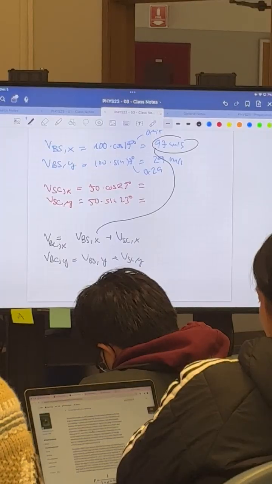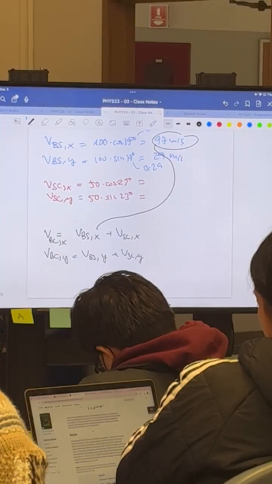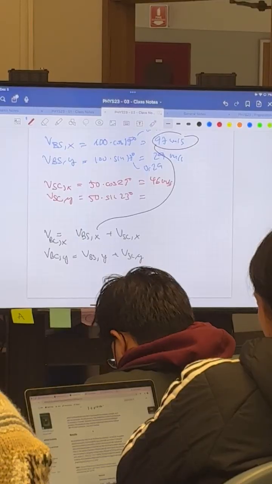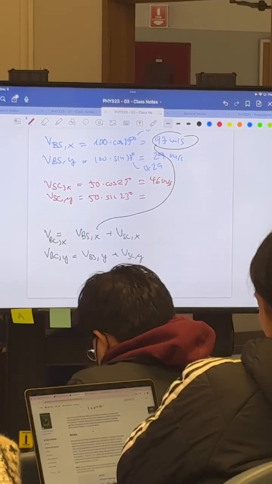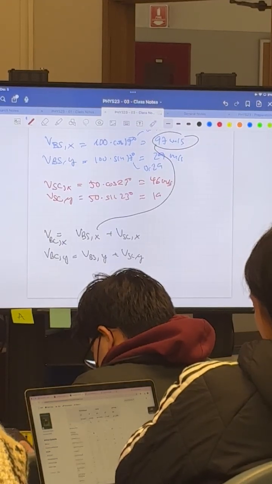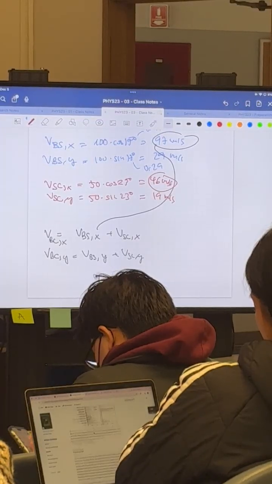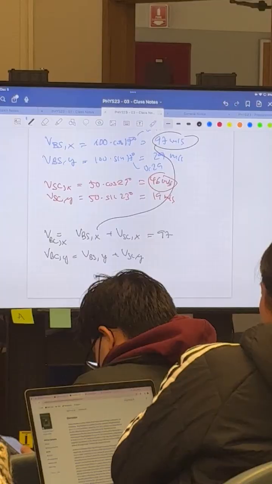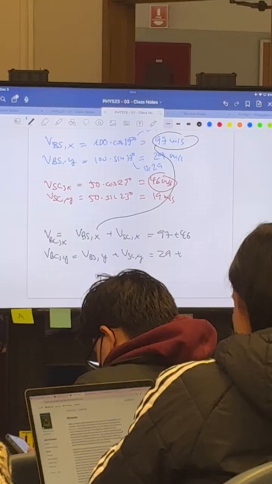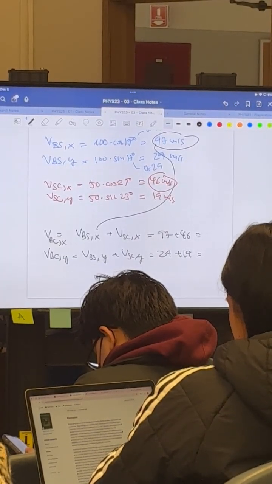Cosine of 23 times 50 is 46, and the other one is cosine of. So this one adds with this one. So this is going to be 97 plus 46. And this one is going to be 29 plus 19. So 97 plus